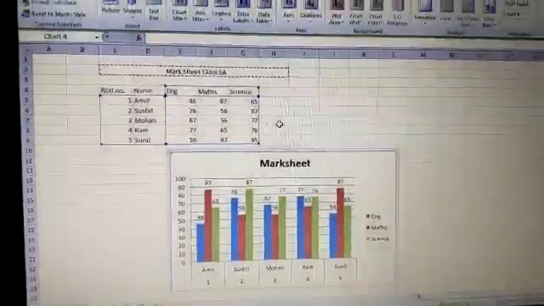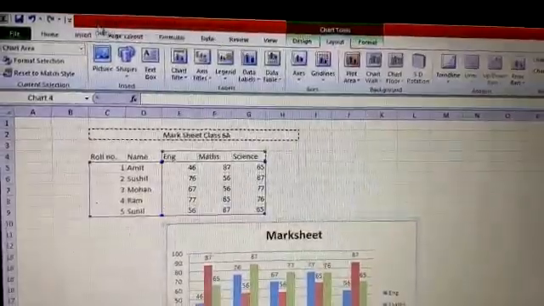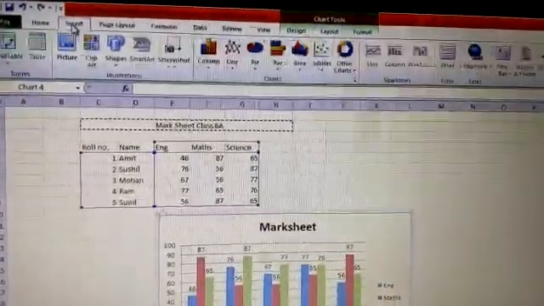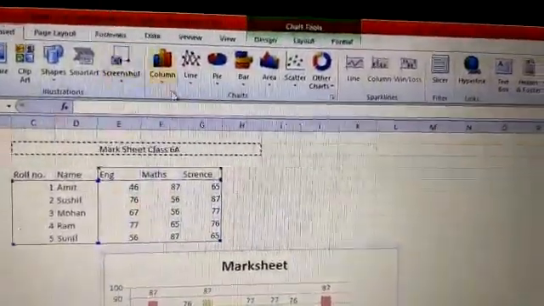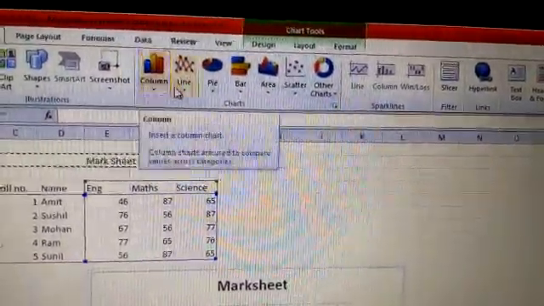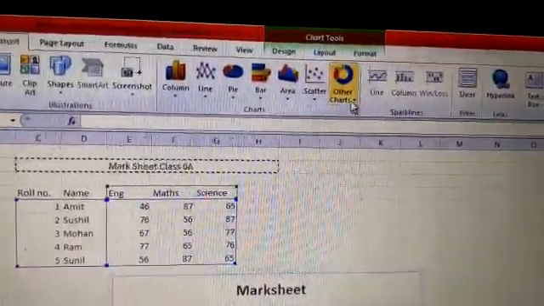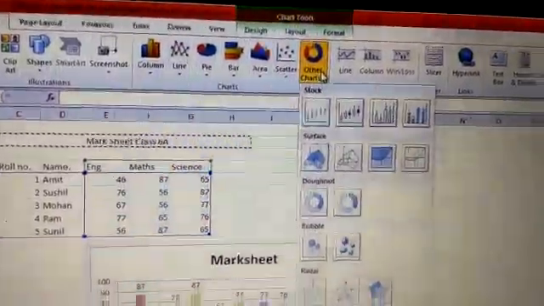Now the next thing is the various types of charts that we have. When we press the Insert tab and go to the charts group, you can see some charts, like the column chart, the line chart, the pie chart. In the same way the other charts have been given.